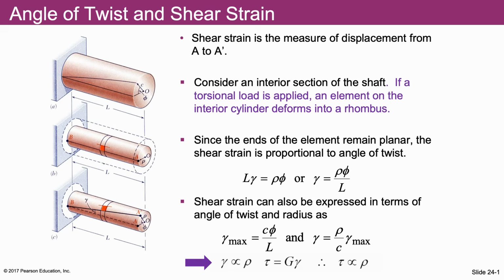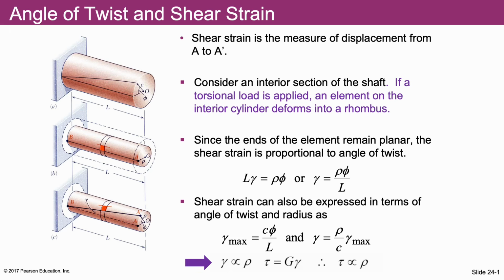Now let's analyze the shear strain gamma, which corresponds to this angle. How can we calculate the shear strain gamma here? So we will apply our knowledge from trigonometry. From trigonometry, we know that the tangent of shear strain gamma is equal to this arc length AA prime divided by the length of AB, which is the length of this shaft L. However, we are dealing with small deformations. For small angles, please recall that tangent gamma is actually equal to gamma, isn't it?